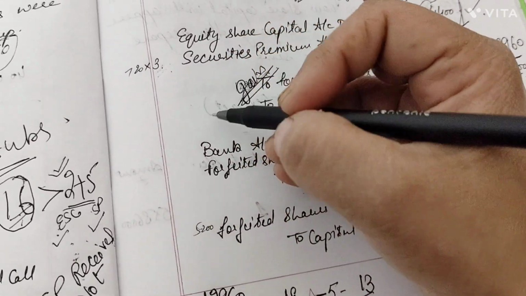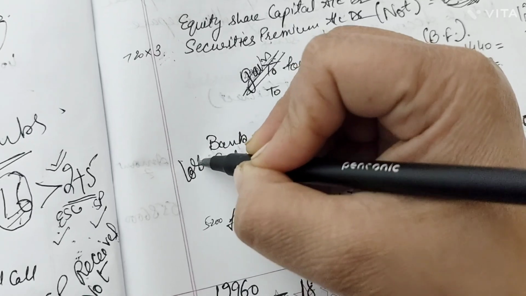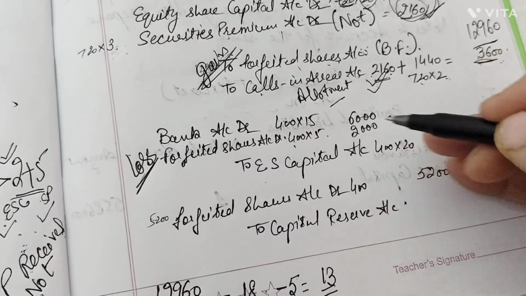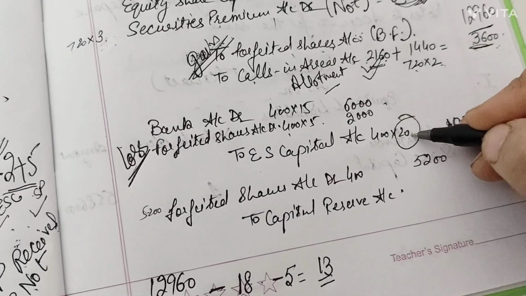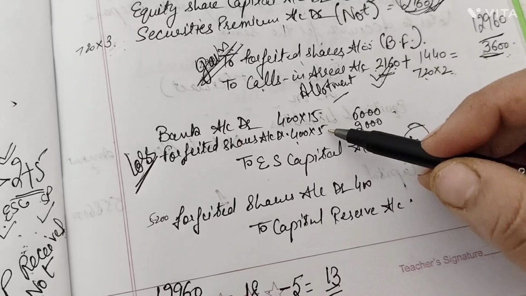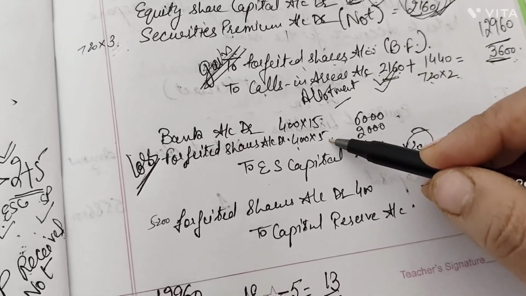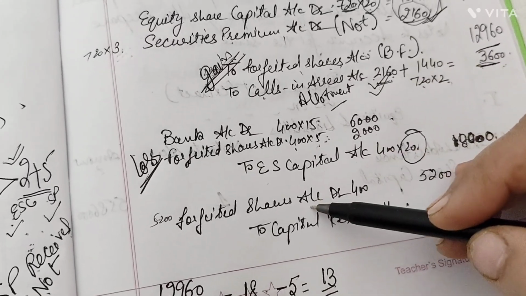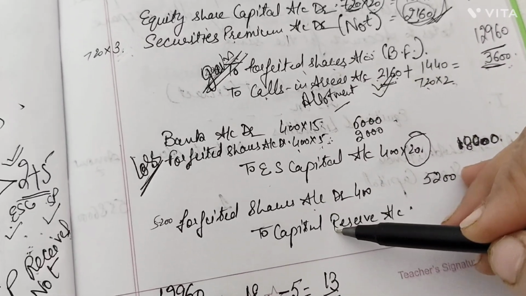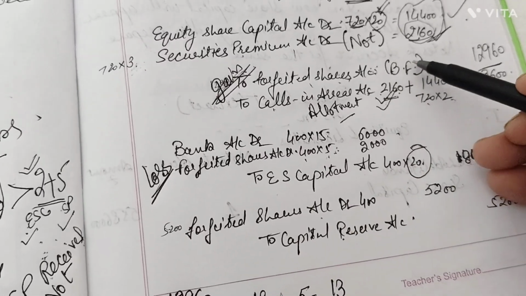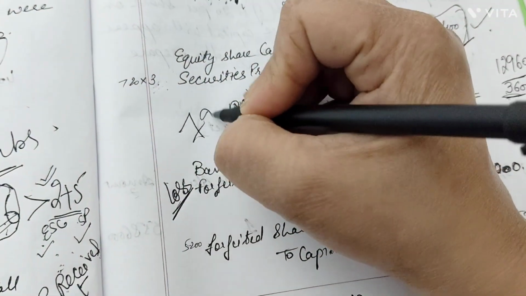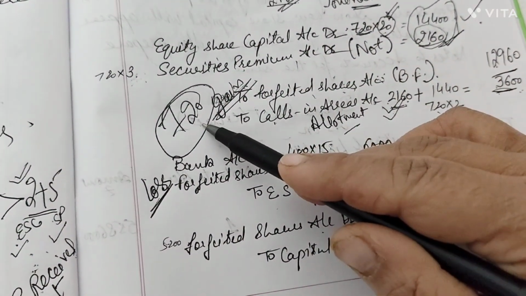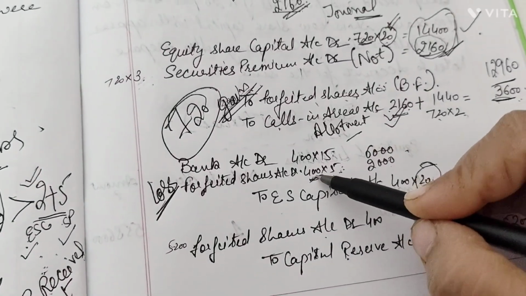So 8,000 minus 6,000, what is the leftover value in your forfeited shares account? That is 2,000. Now on reissue, there was a loss to the firm which is debited; gain was credited, now loss is debited. The share was of full value 20 but was reissued for 15. So on reissue, how much was the loss? Rupees 5 per share. So the gain minus the loss should be transferred from forfeited shares account debit to capital reserve account. But mind you, the total number of shares forfeited by the company were 720. So there was gain on 720 shares, but shares which were reissued were only 400.